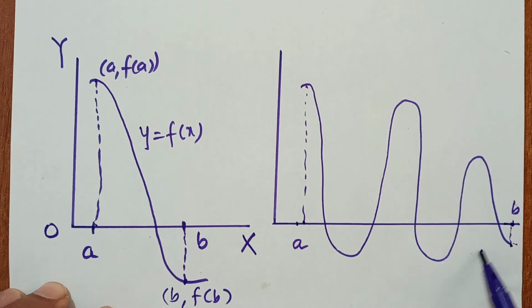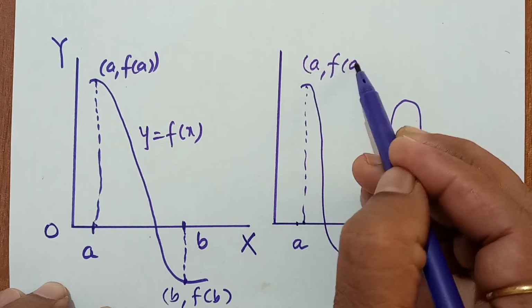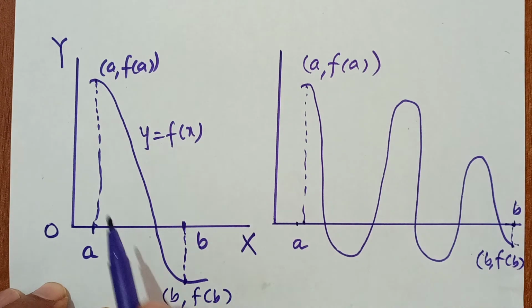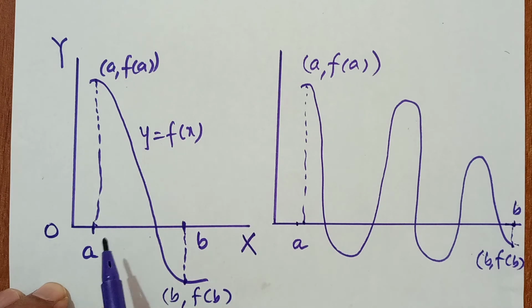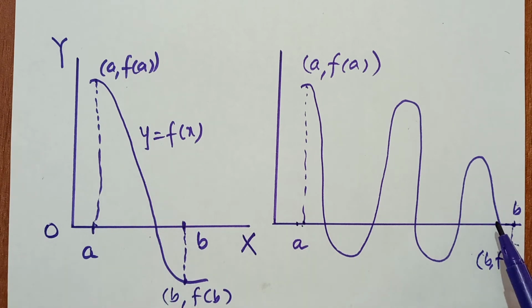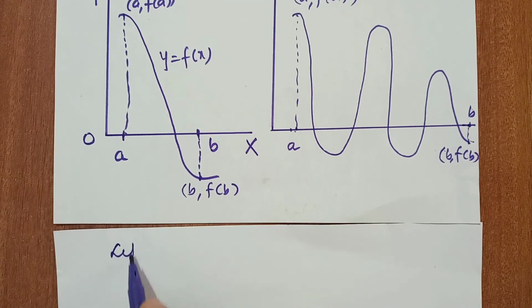So the coordinate of this point is (b, f(b)), and here (a, f(a)). So either this type or this type. Here this function is continuous between a and b. Okay, so let k be a number